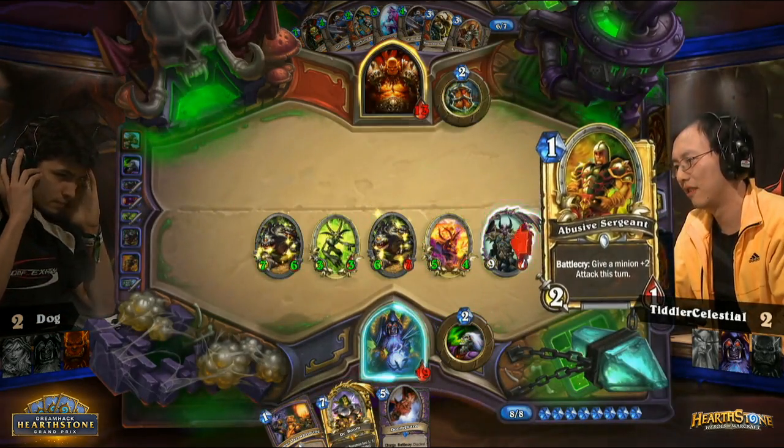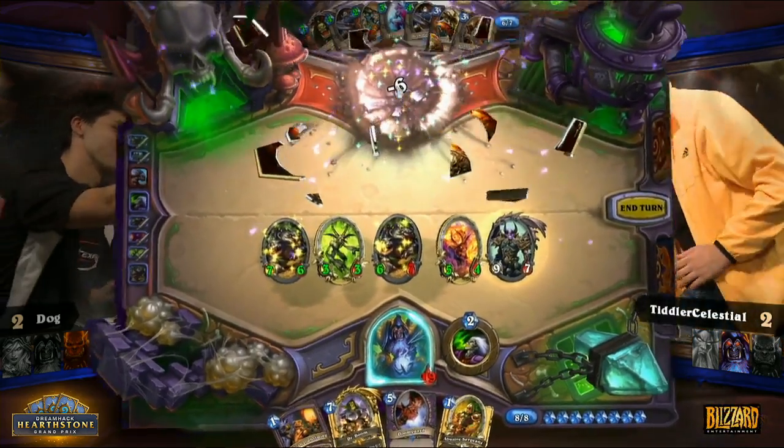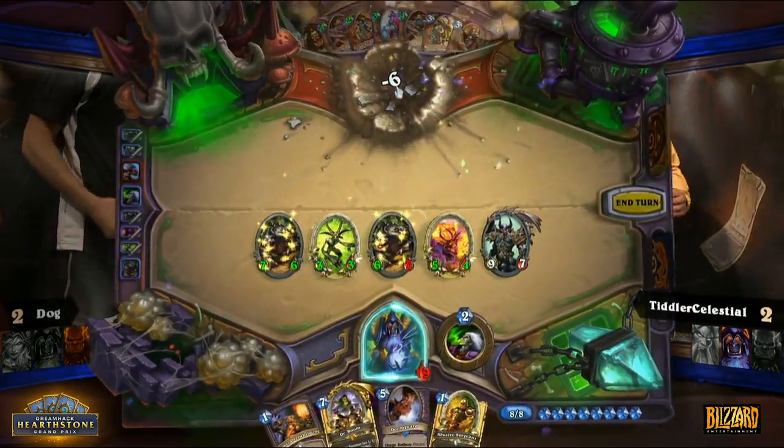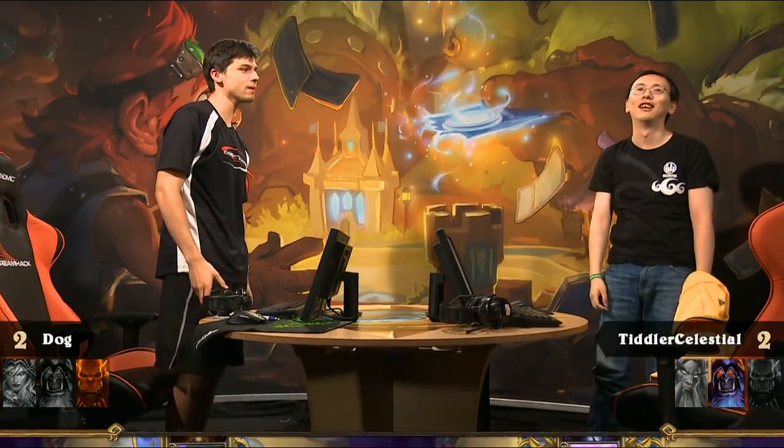Wow. We have our DreamHack Summer 2015 champion. It's TiddlerCelestial from China, on the back of Morganis, and he's a Demon Warlock. Twitch chat is now clapping with us. Yes, let's clap. Definitely a deserved win. Capping. He finally gets